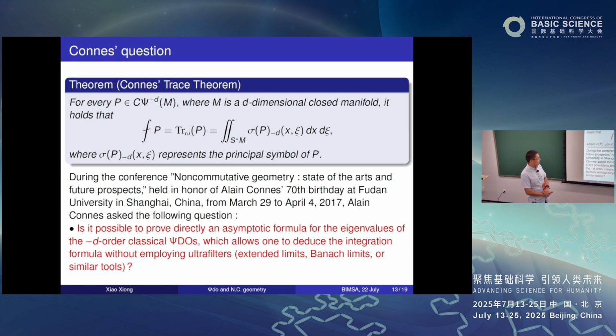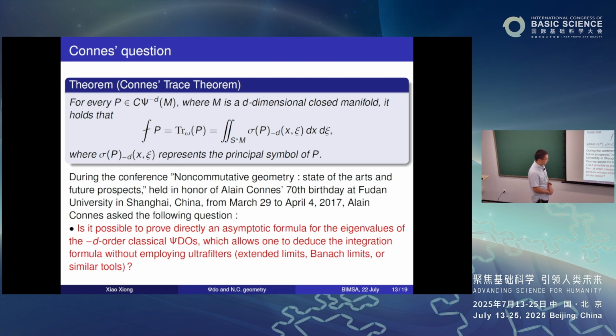So here the integral is taken inside the unit cotangent bundle of this manifold. So this is Connes' trace formula, and Connes' question is that, as I put here in red, Connes asked